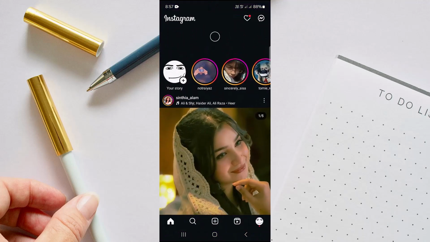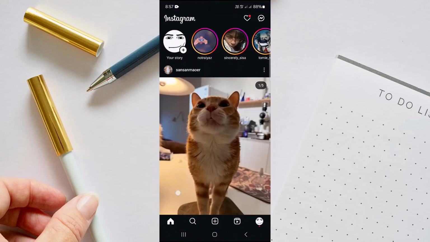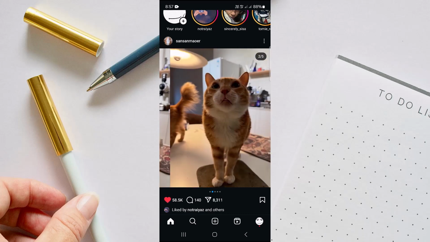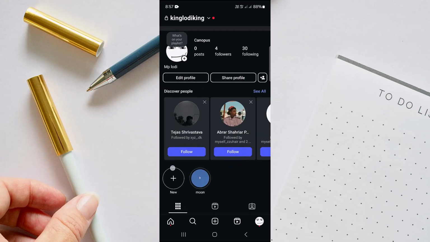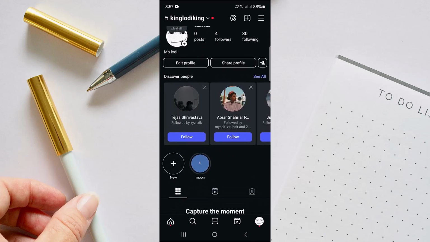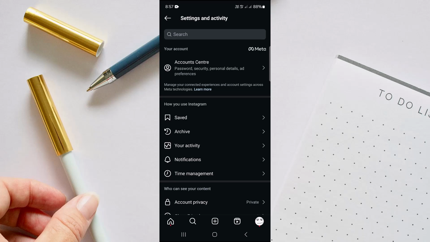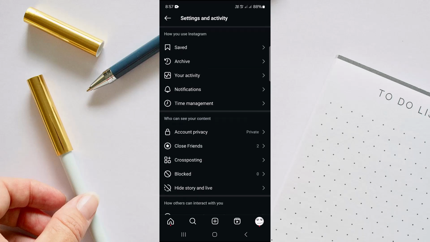So once you're there, make sure you have logged into your desired account, and then head over to your profile by tapping the profile icon on the lower right corner. And from there, go to the three lines icon on the top right. And in here, if you scroll down,